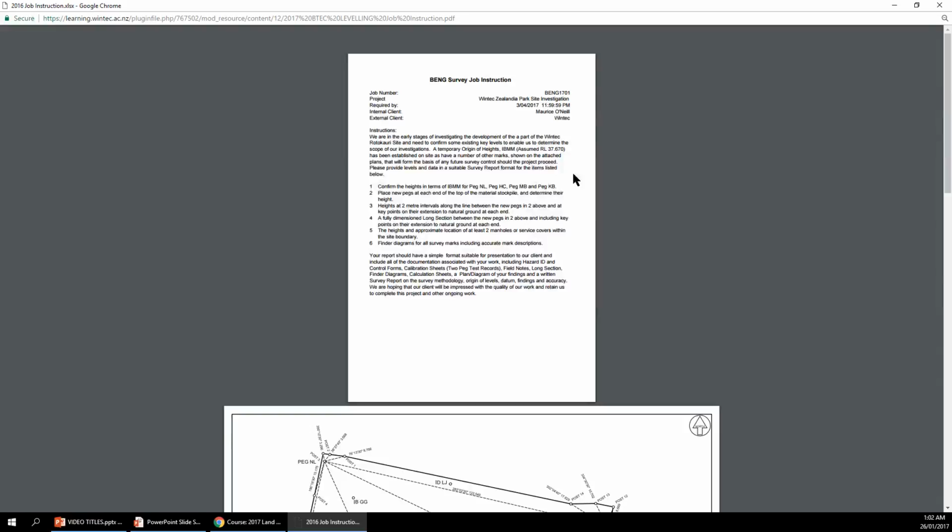The heights and approximate location of at least 2 manholes or service covers within the site boundary. There's a manhole and a couple of valves that could be used for that purpose. And finder diagrams for all survey marks, including accurate mark descriptions. Okay, and then it gives you your report there, presentation to your client, and it includes all of the documentation